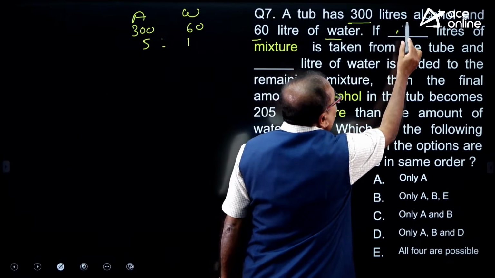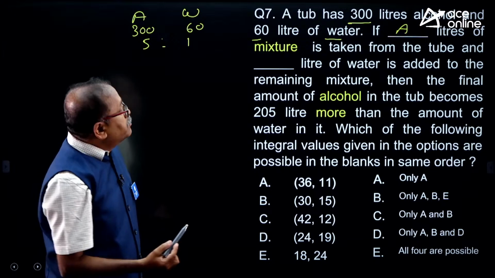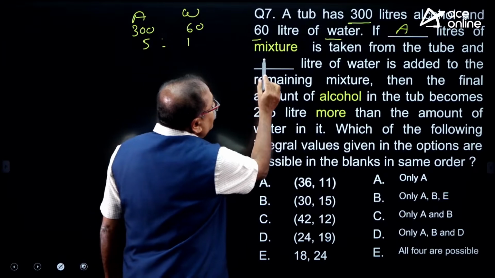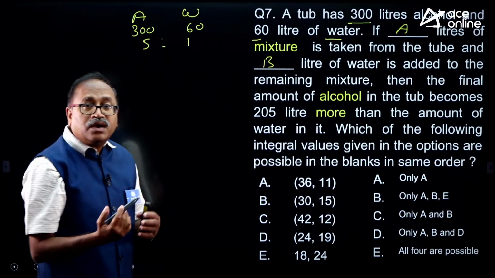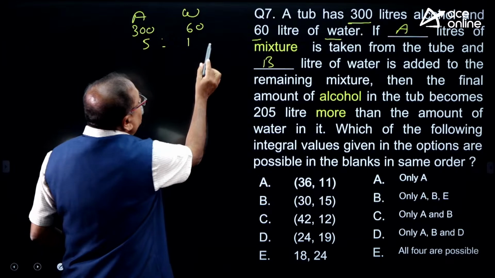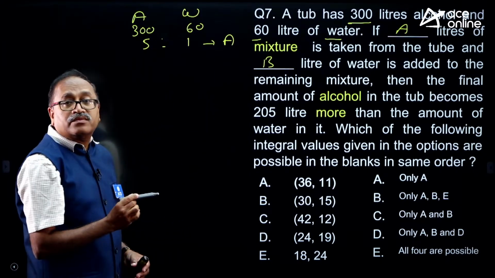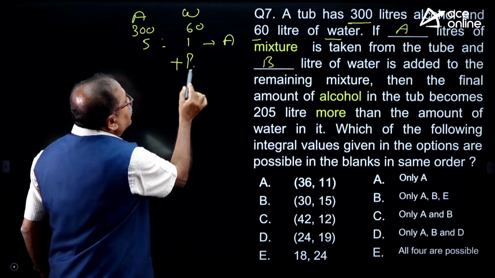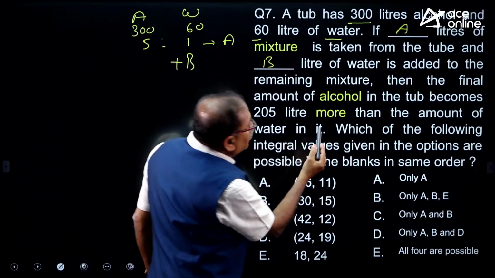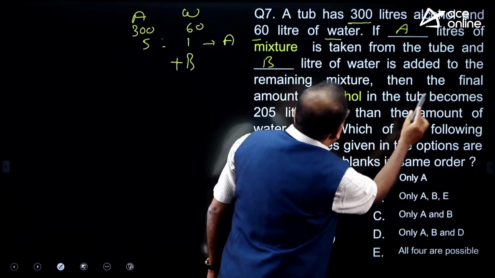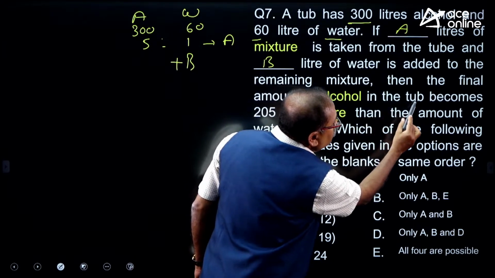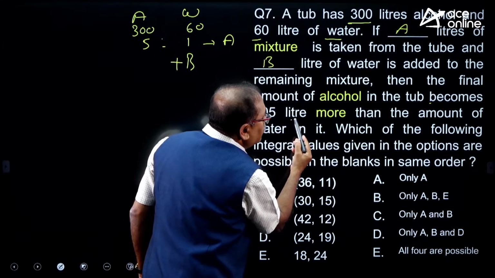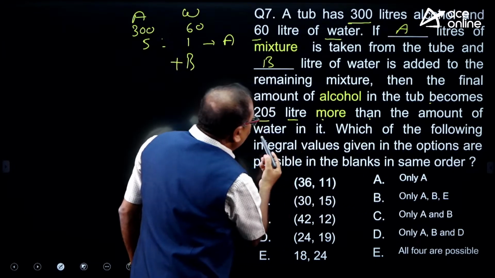Now if A liter of mixture is taken out from the tube, and B liter of water is added, then what happens to the remaining? The final amount of alcohol in the tub becomes 205 liter more than the amount of water